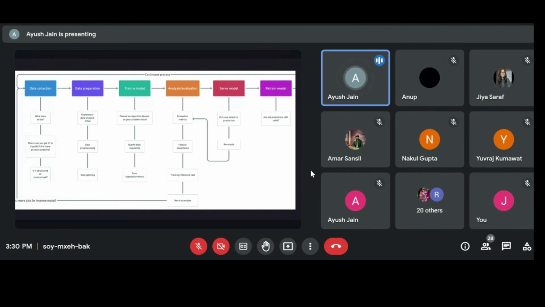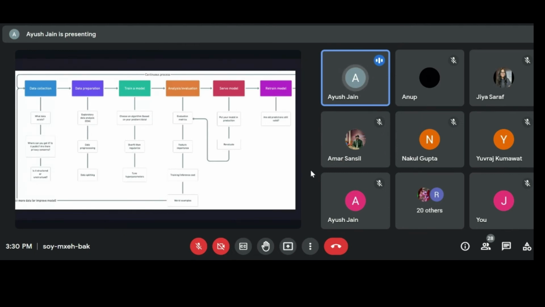Before training, you have to see the dataset, what the data is all about, whether it is about classification or regression. Accordingly, you choose an algorithm based on the data you have been provided. Then you have to tune your hyperparameters to increase the accuracy.